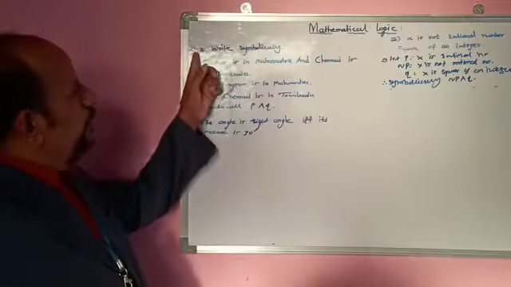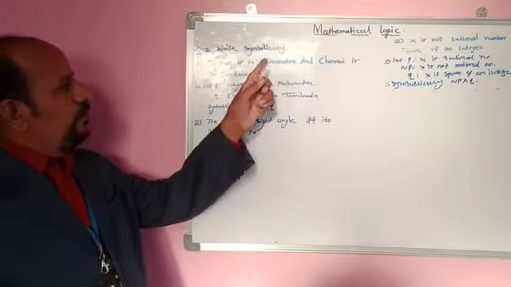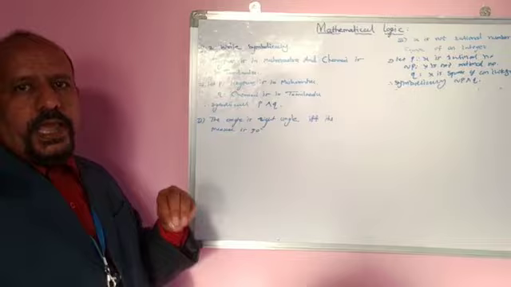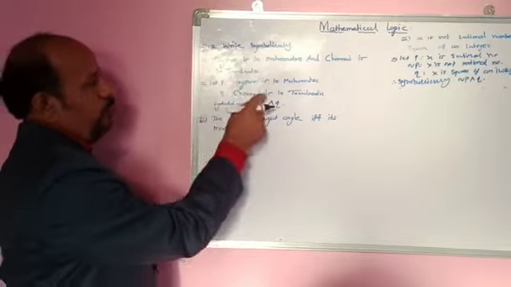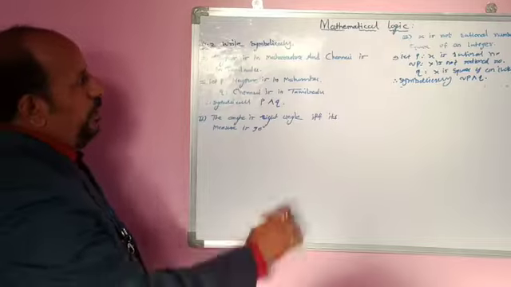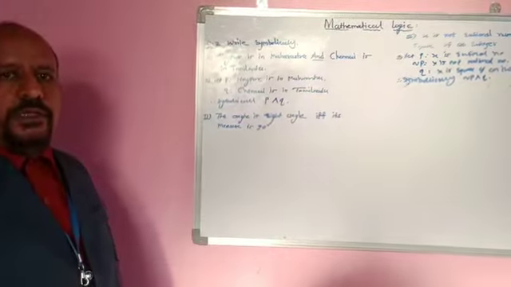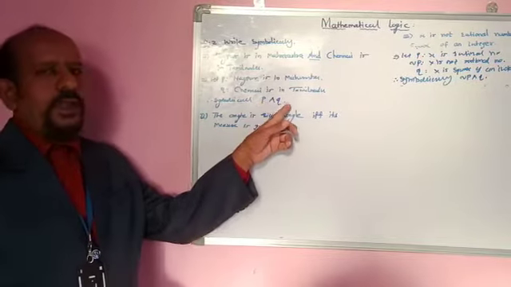Therefore, its truth value is capital T. Now, question number 2 is to write the given statements symbolically. First example: Nagpur is in Maharashtra and Chennai is in Tamil Nadu. We define the atomic statements, let P be Nagpur is in Maharashtra and Q be Chennai is in Tamil Nadu. In the given compound statement, the word and is used. Therefore, in symbolic form, we write P and Q.